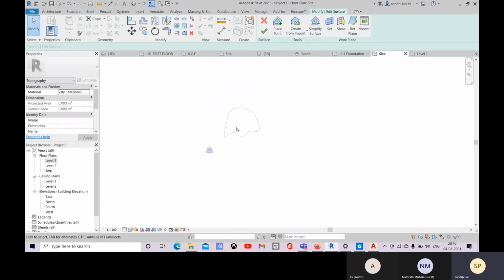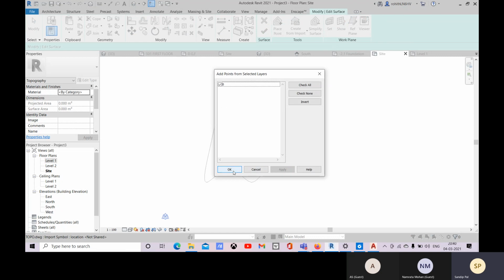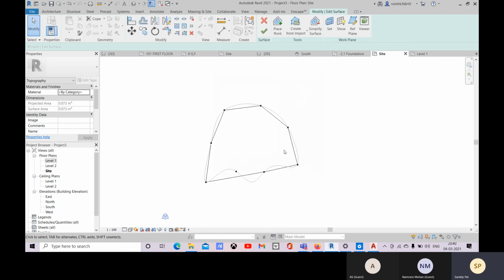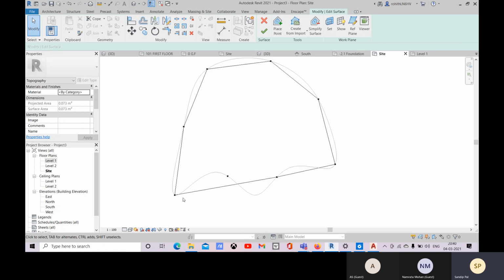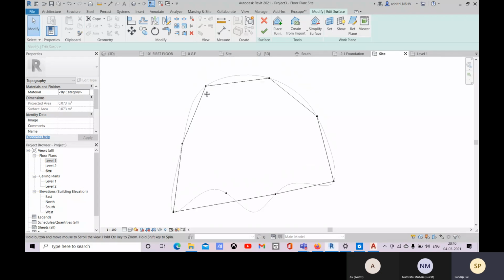Yeah, so there must be some errors. Let's click layers, and here you can see it's creating accordingly. It's not connecting like that.